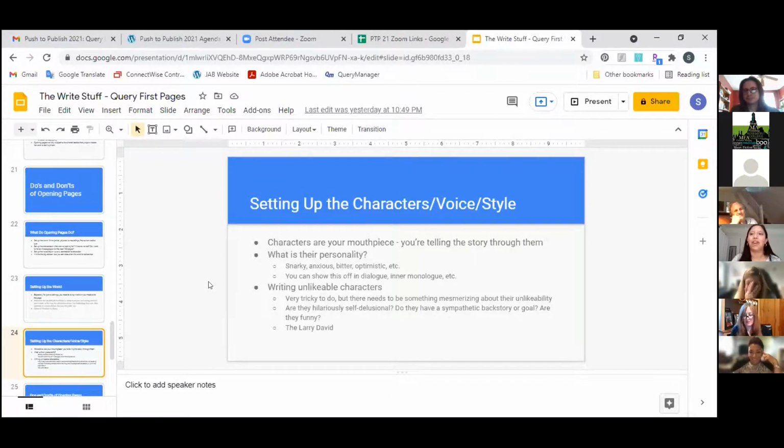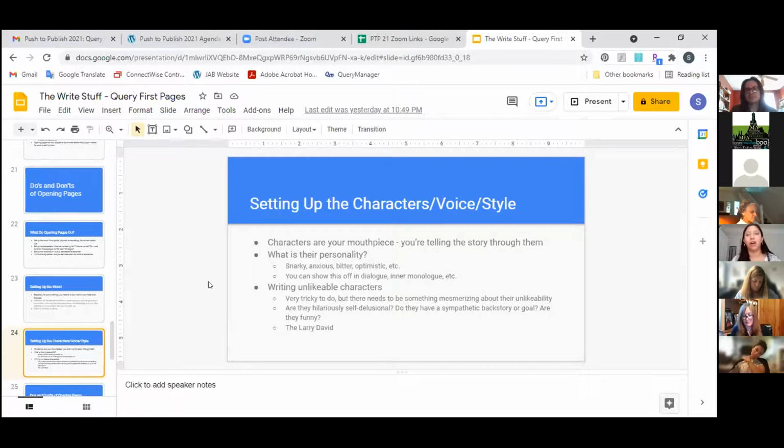So same way for your unlikable characters. You need to do something that compels the reader to keep going with them, whether it is that they're funny, even intentionally or unintentionally so. It sounds a little mean, but sometimes characters are funny because we kind of like to mock them, and it makes us feel better about ourselves. They sort of embody the insecurities that we have in such an outward way that you kind of hate them and admire them for being so unabashedly themselves.